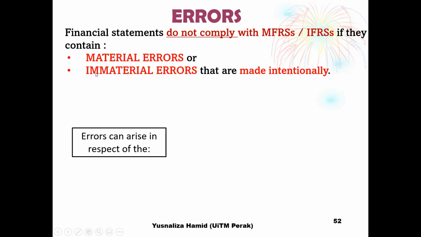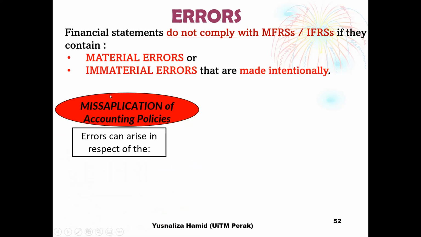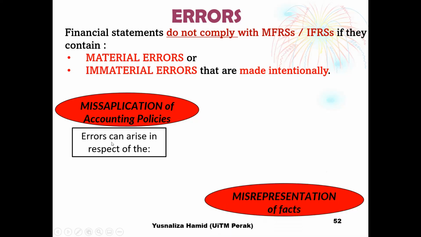This is also so if they contain immaterial errors which are made intentionally, on purpose, to falsify certain items or certain amounts, for example. This is what you will regard as misapplication of accounting policies, where we talk about non-compliance with MFRS, and these errors can arise in respect of